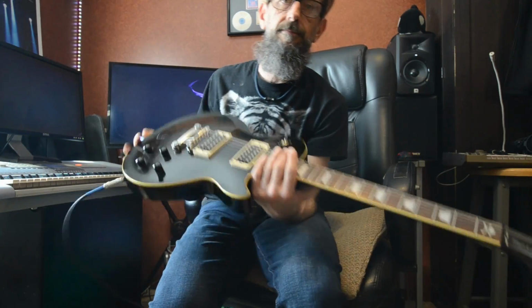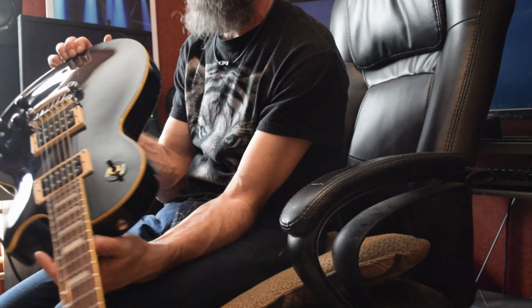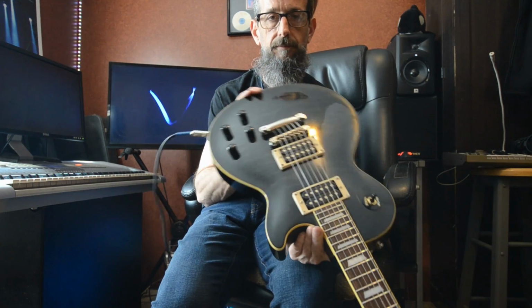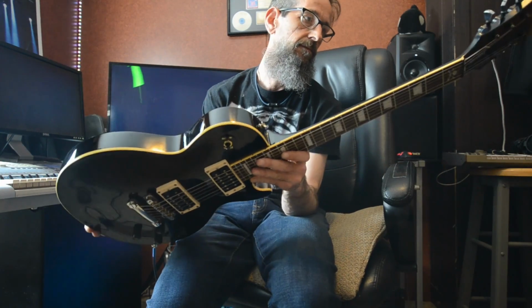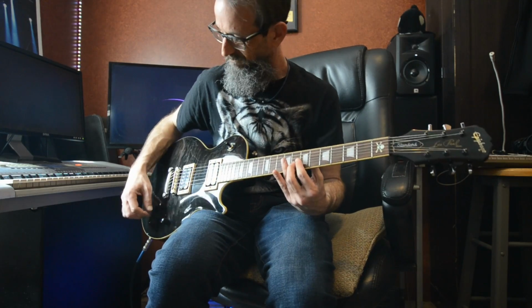This one is lighter than the other two guitars, and this guitar I'm sure has got a little paper thin veneer top on it, but it's probably on top of a real piece of wood. So it's probably got a real top, but it's got the veneer to make it look cool. I like the kind of quilted look of this guitar. It's got kind of a modern look. The neck is a little thicker than the other ones maybe, but it feels